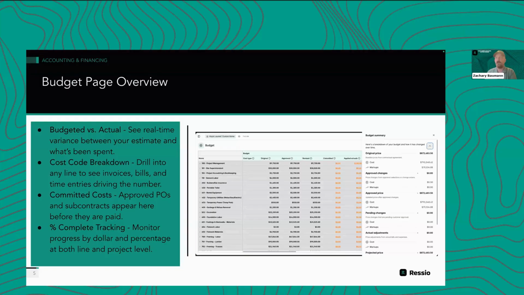So if you filtered it down, which is actually something that we're adding into the budget data table is filters. So be on the lookout for that upcoming relatively soon. It's the ability to filter down by the columns, not by the rows at this time, but specifically by the columns, so that you could filter down to show, hey, I just want to see all the cost codes that are marked as paid in full, so that I can see a paid in full report, or by labor, cost type, or things like that as well. So be on the lookout for that.